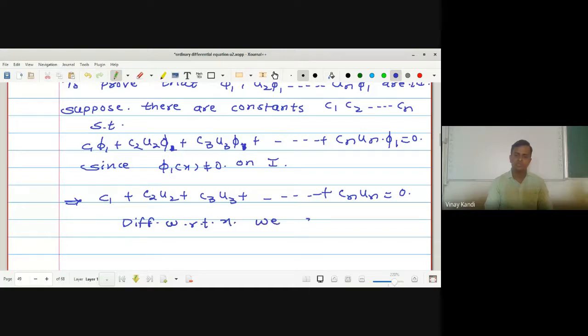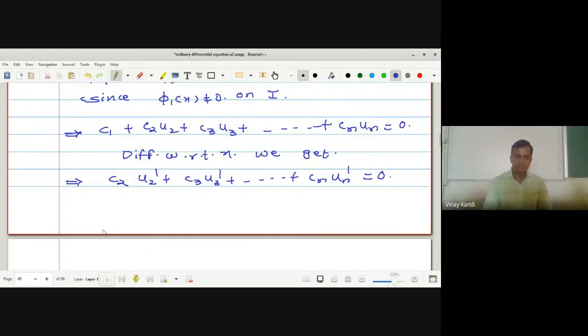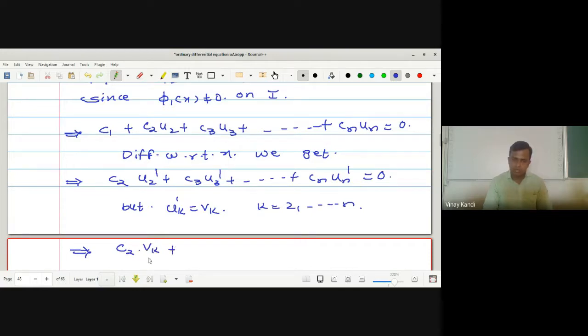We get C2 U2 dash plus C3 U3 dash plus up to so on Cn Un dash of x is equal to 0. But uk dash is equal to Vk for k running from 2 to n, so it implies c2 into v2 plus